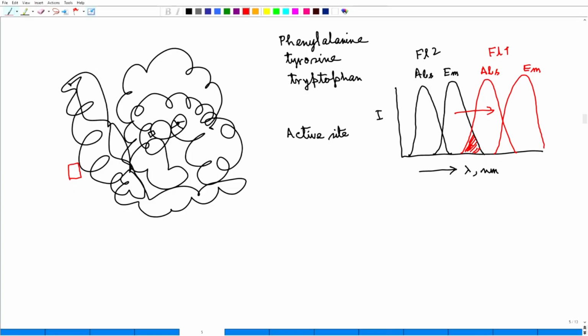That means fluorophore 2 is excited. So, what will happen? If I excite this fluorophore, this will be excited and it will emit. This is known as